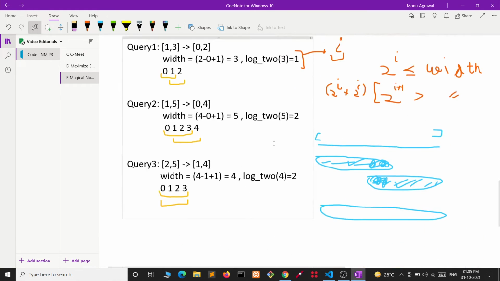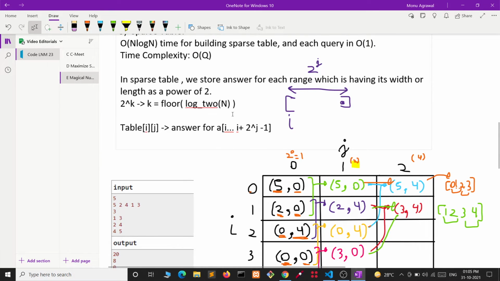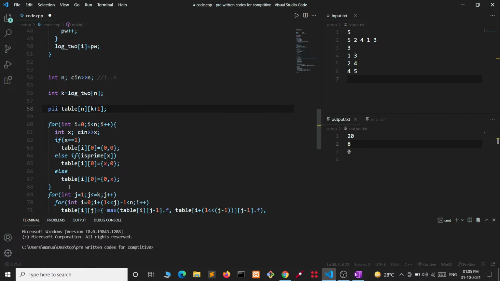In this example we found this k as 2, so we have taken the number of columns as k plus 1. That's what we are doing here. After that we are just building our sparse table.